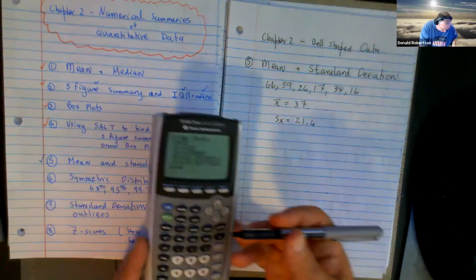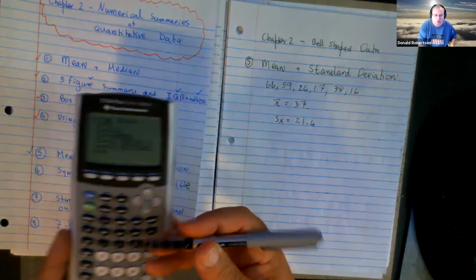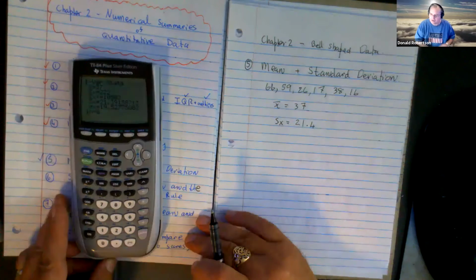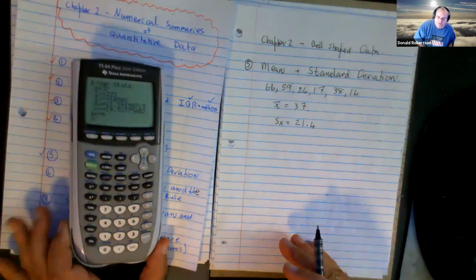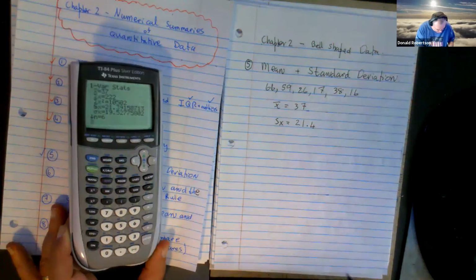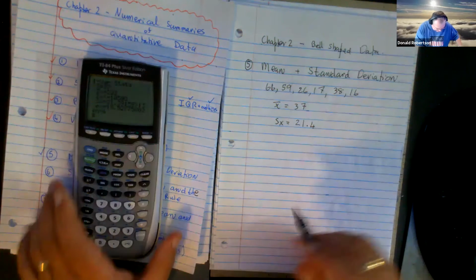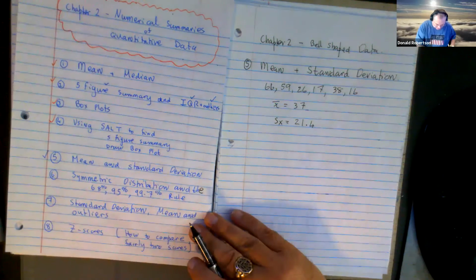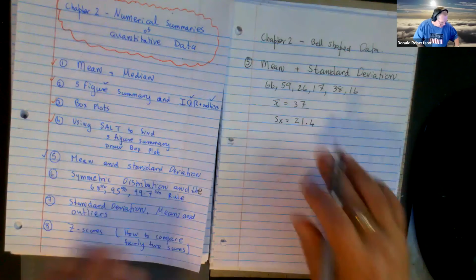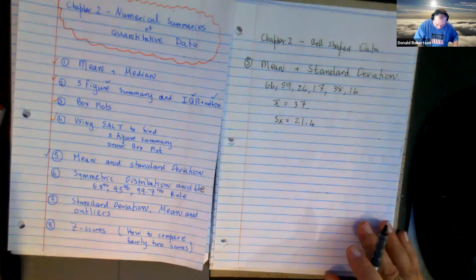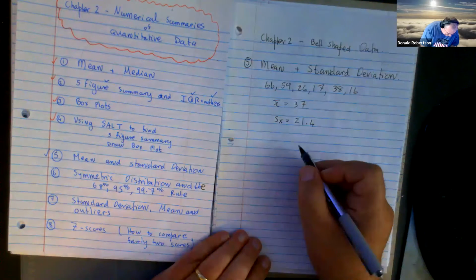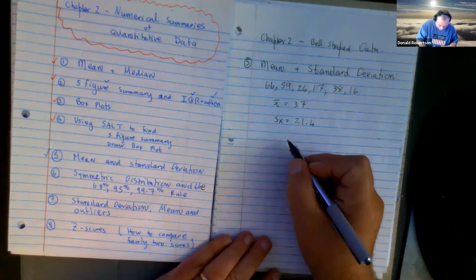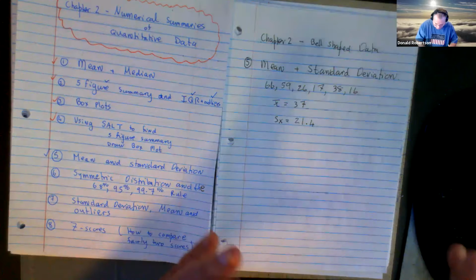Now, you know that this video will be online and you can pause it and rewind it and pause it again and go through the steps. But that's essentially the steps that we're going to use. So what I'm going to do now is take this mean and standard deviation and play about with it a little bit. First thing we're going to do is create an interval where all the good numbers